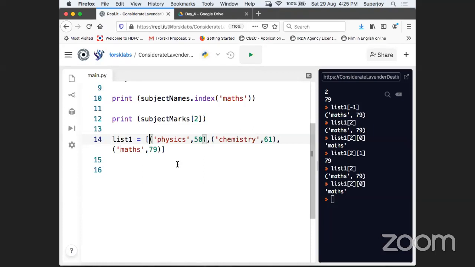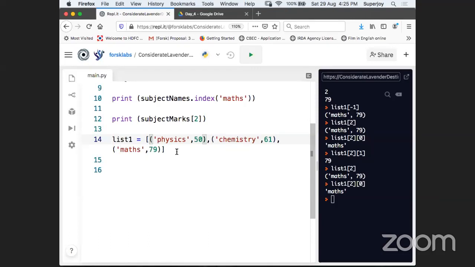Do you have any idea? As such, there is no direct method, the way I did here. There is no direct method available, because now inside the list you have a tuple basically, right?